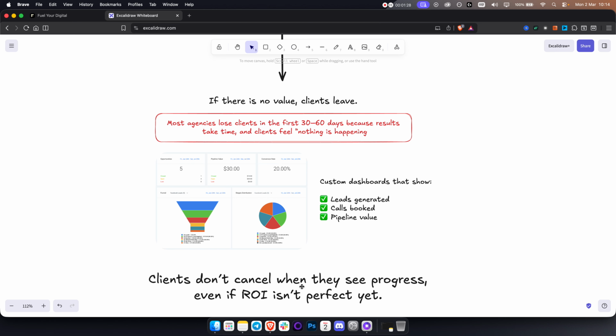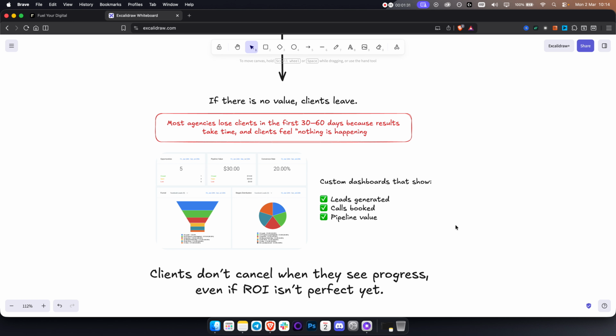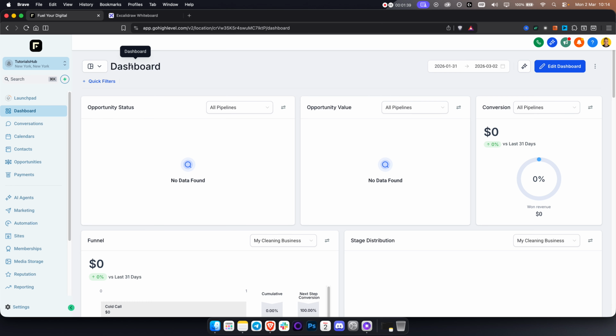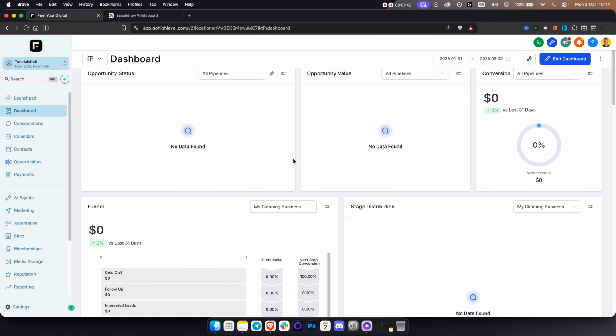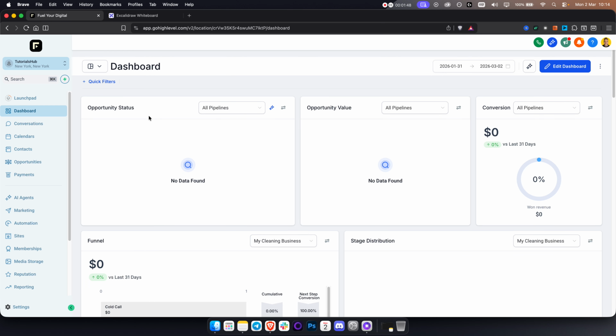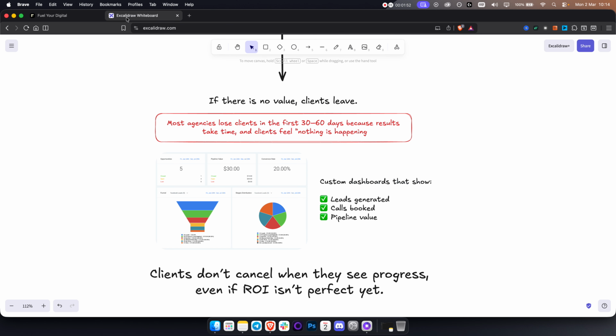So it's really important that you show the ROI in some way. Now, what I'm using to show ROI for my clients is Go High Level to show pretty much the dashboard. And by the way, this is my sample sub account, but this is where I can show the funnel, the stage distribution, the opportunity value, opportunity status, and I can pretty much show that visually to my clients